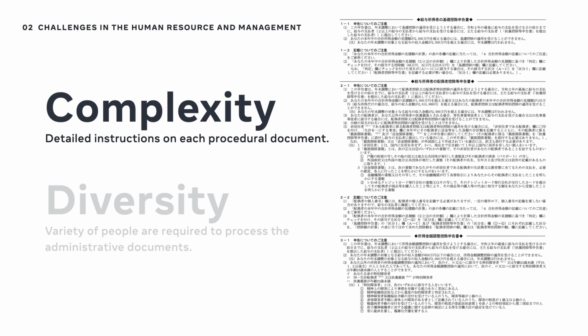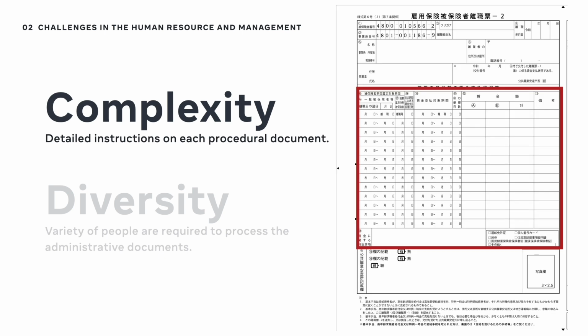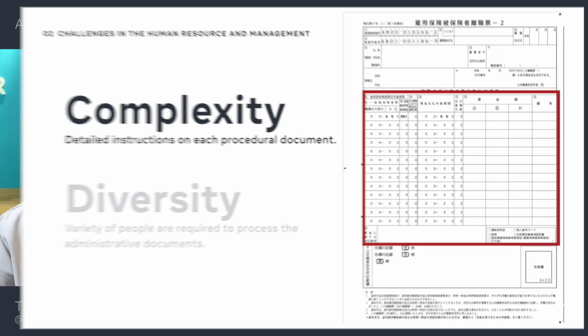Each procedural document has detailed instructions on how to fill out the form, and in order to reproduce the specifications in a web form, complex state management and correlation validation are required. For example, there is a document called Rishokihyo, the document of unemployment, which has a table of input items like an Excel table, and the number of items is variable. These need to be implemented as web forms for each employee.